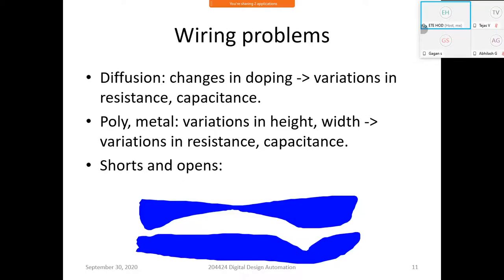Okay, this is the problem. Suppose you don't stick to that minimum dimension. Can you see here, this is how it looks upon fabrication. It was supposed to be something like this, a straight line. So this would have been a rectangle. But upon fabrication, it actually came out like this.